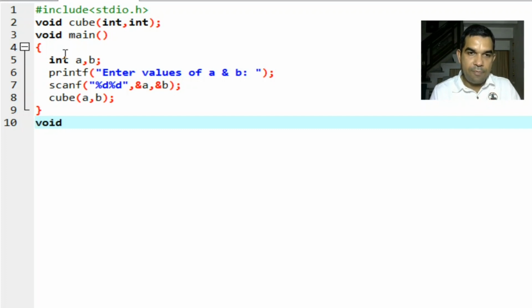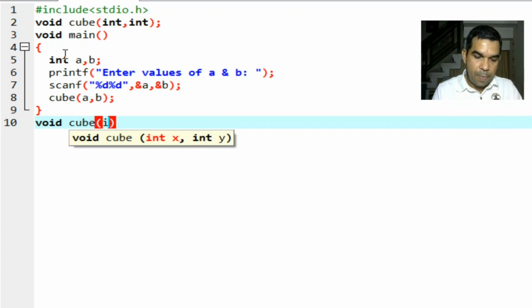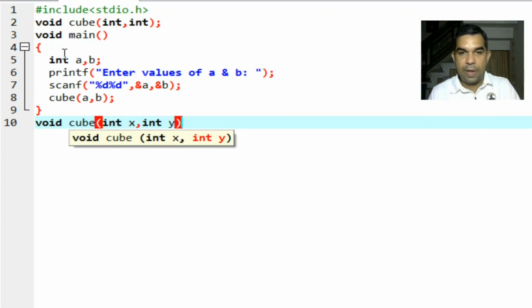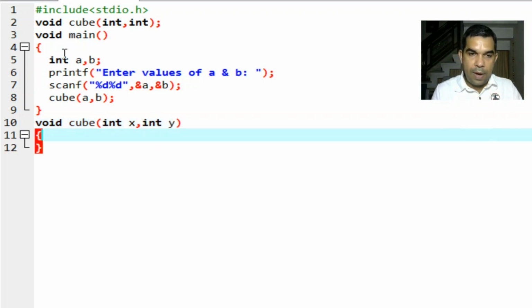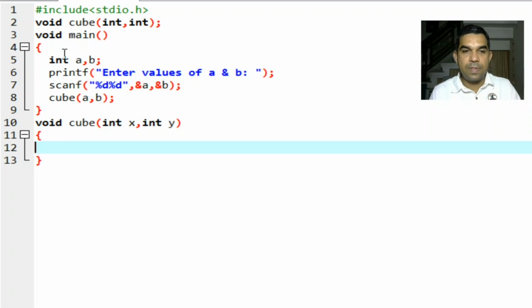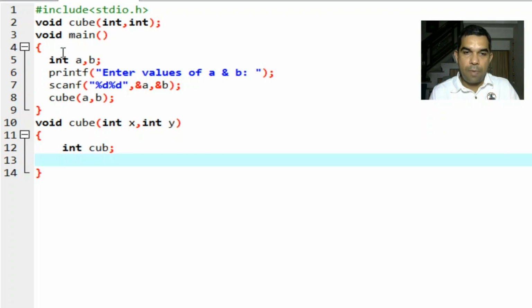So we again write void cube, int x, int y, and here the body of this cube function. So here we again declare a variable, let that be cub, which will calculate the sum of cubes, and cub is equal to